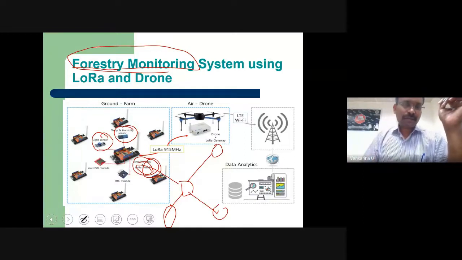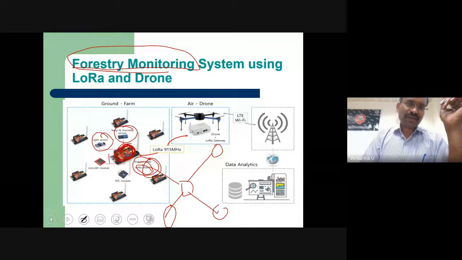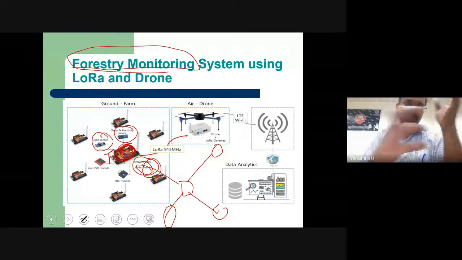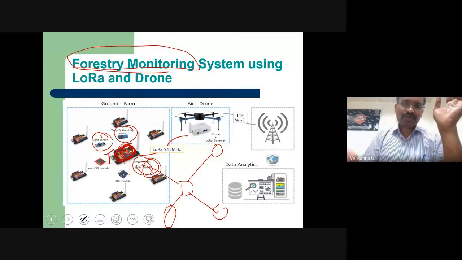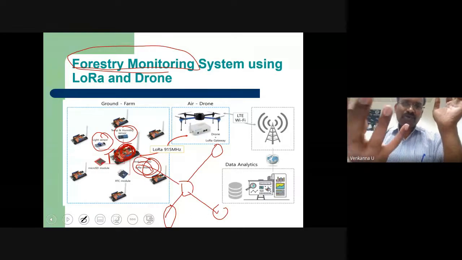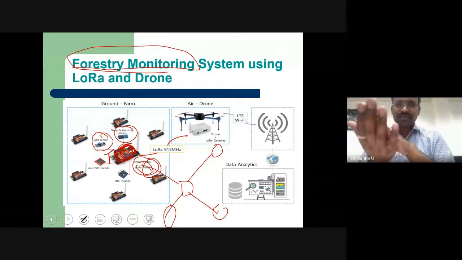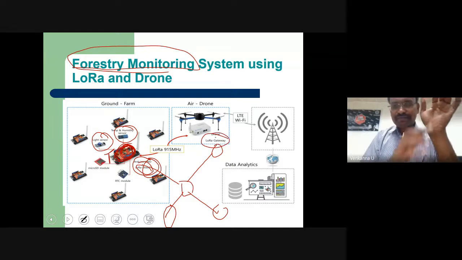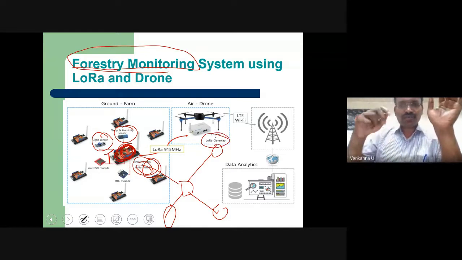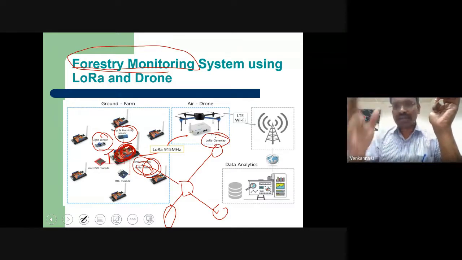Then what they did, now your LoRa Shield is sensing and collecting the data. But these are transceivers, there is only a transmitter. A receiver is required. What they proposed, they made a small drone. Then they attached a gateway to the drone, so that the drone started flying in the forestry.